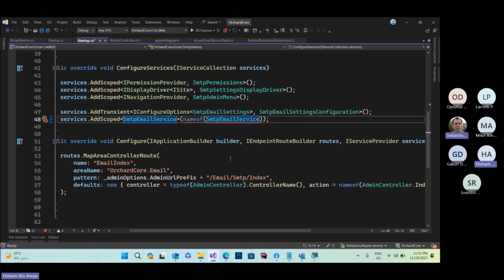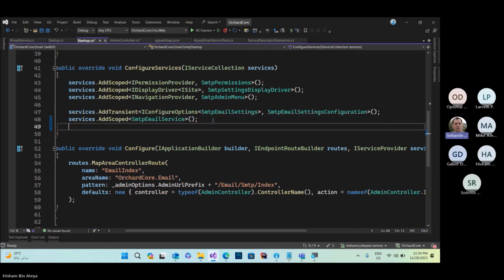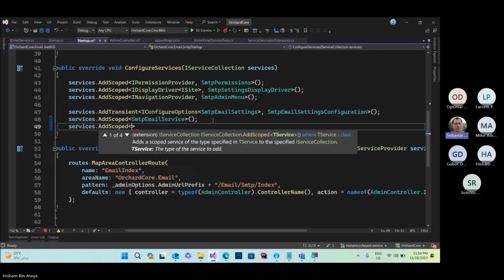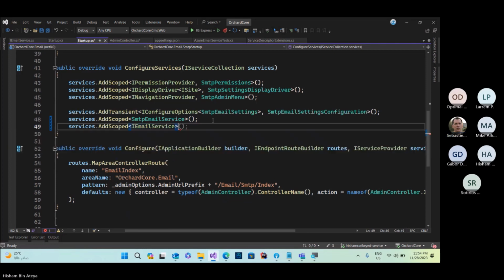I see. You registered this service, so your controller resolves SMTP service. Then the line after, you do services.AddScoped email service. So, perfect. Now the line after: services.AddScoped, email service. And in the parentheses, you say sp in a lambda, so in the lambda, sp, and then you say sp.GetRequiredService SMTP email service.